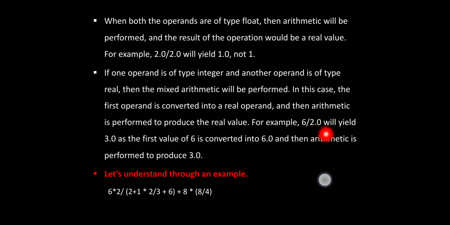6 divided by 2.0 will yield 3.0, as the first value of 6 is converted to 6.0. Then arithmetic is performed to produce 3.0. 6.0 divided by 2.0: